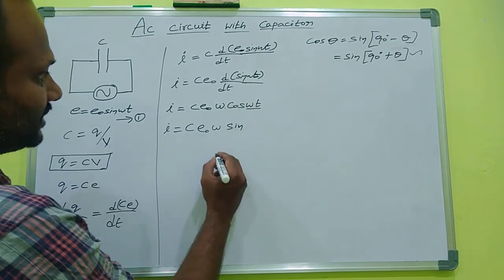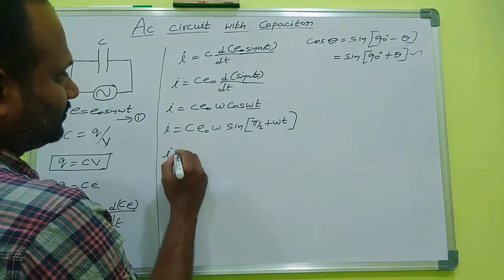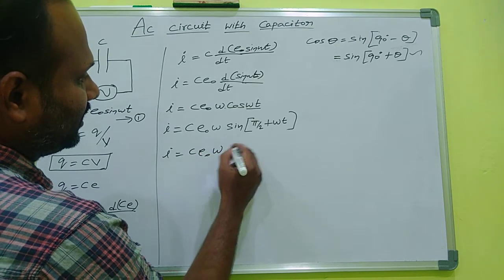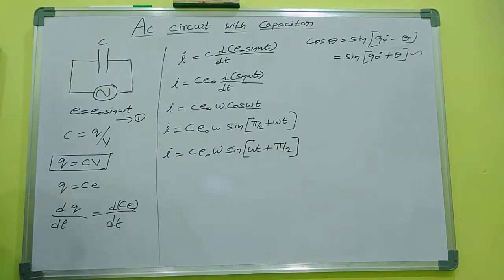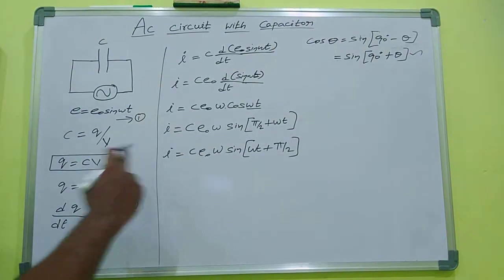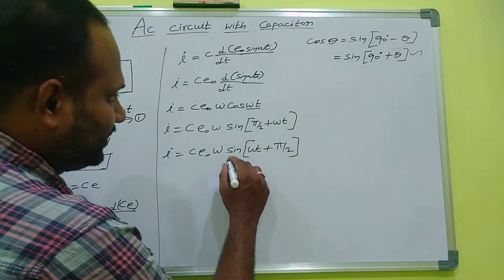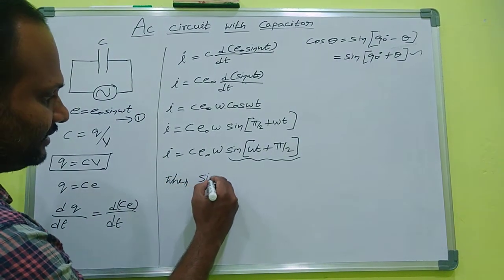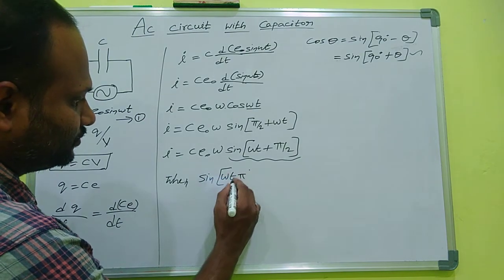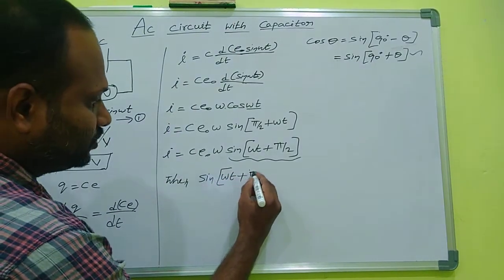sine of pi by 2 plus omega t. C E naught omega, we can write omega t plus pi by 2 because both are equal. Pi by 2 plus omega t is equal to omega t plus pi by 2. Now this is the expression for current: I is equal to C E naught omega sin of omega t plus pi by 2. When sin of omega t plus pi by 2 is equal to 1,